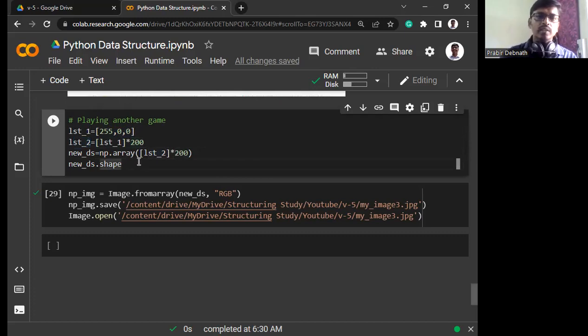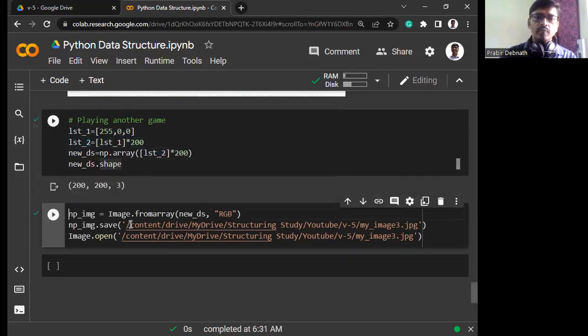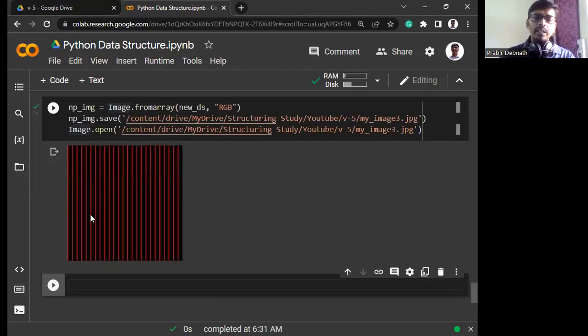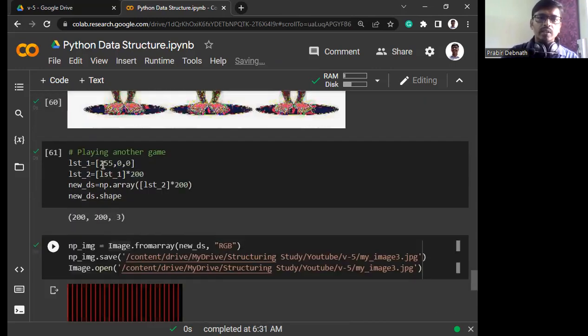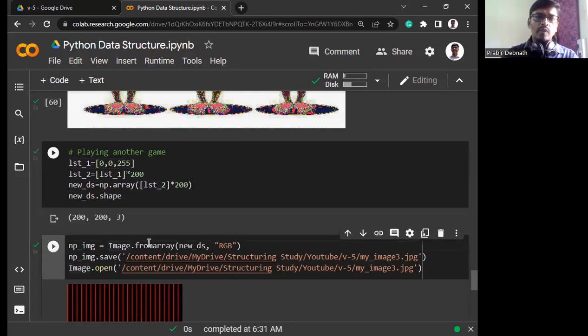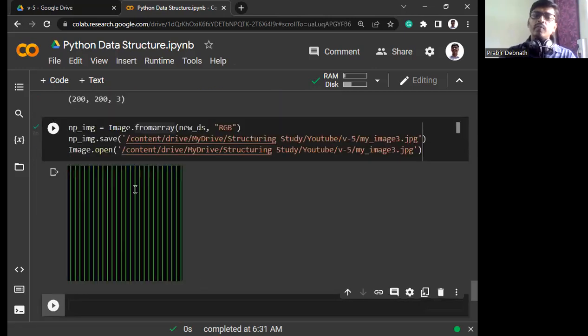Now if I run it, let's see what is happening. If I convert this array into a picture, then we'll get this picture. These are vertical red lines. So why these red lines? This red line is because of this number. If I change this number to 0, and here I put 255 or any number, the picture will change accordingly. So if I put 255 here and run it, then see here I'm getting